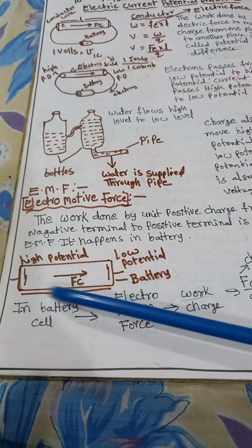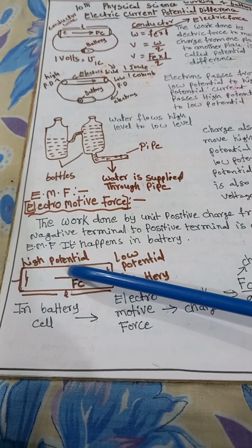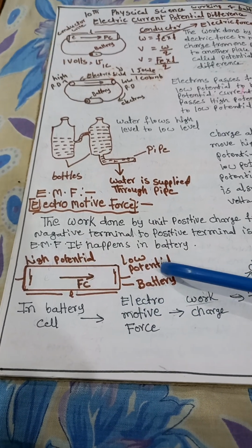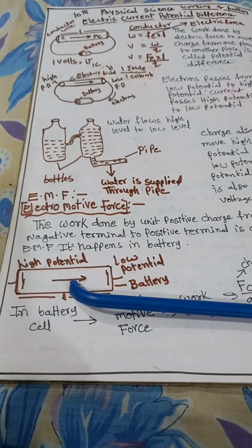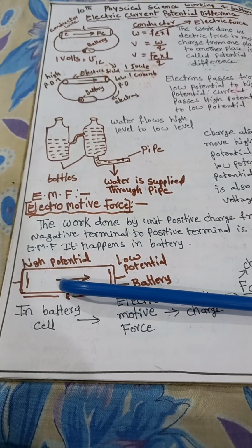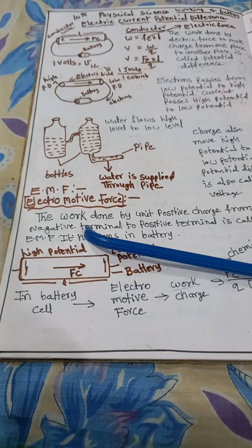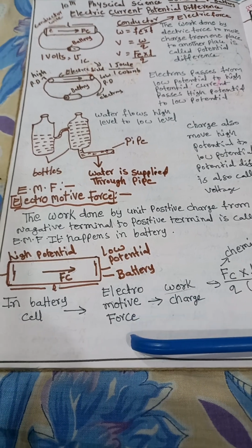So it is a battery. It has one end at high potential and another end at low potential. Here inside the battery we can see the chemical force created. So inside the battery, the electromotive force